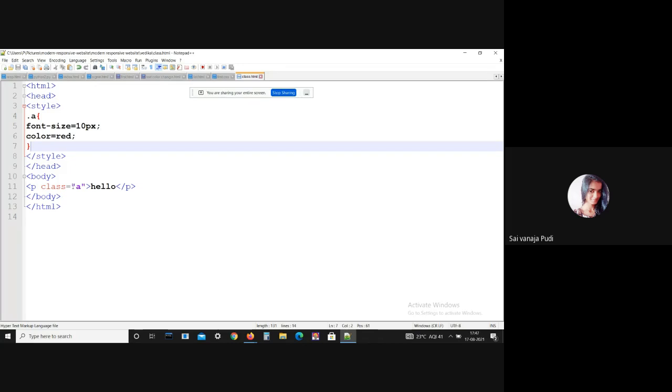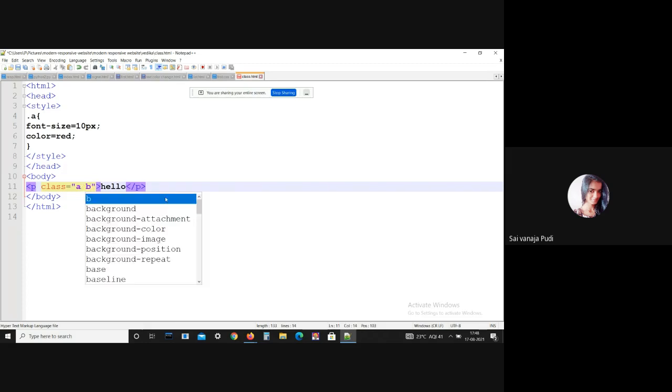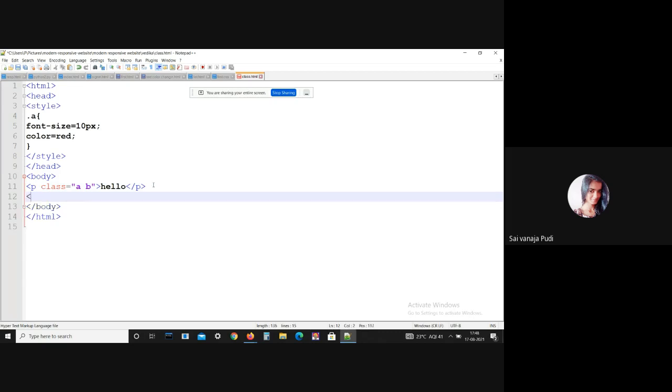You can use multiple class names, more than one, with these HTML elements, and these class names must be separated by a space. Here, I just want to give multiple classes, both A and B. And here, let me create another class, that is A. Now you should close your H1 tag.